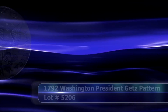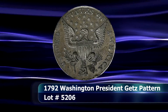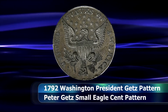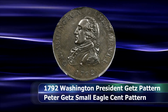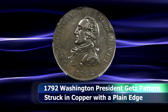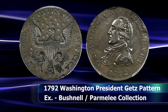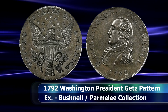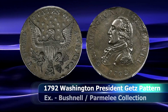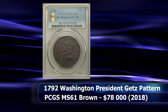$105,000. When discussing the early history and founding of the US Mint and the peripheral events surrounding that, eventually you are bound to come across a series of copper and silver pattern coins produced by Pennsylvania-based engraver Peter Getz, collectively known as the Getz patterns. Of those, this is a stunning example of the 1792 Washington President small eagle cent struck in copper. This former example from the Bushnell and Parmelee collections was last offered in 1977, where it sold for $4,500. This plain edge variety has since been certified by PCGS with a grade of MS61 Brown, and at this event managed to raise